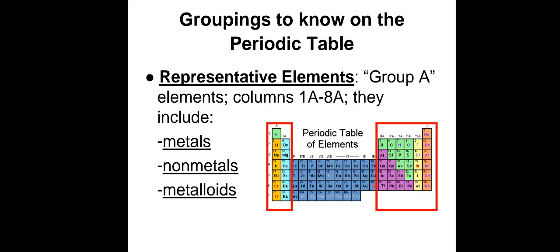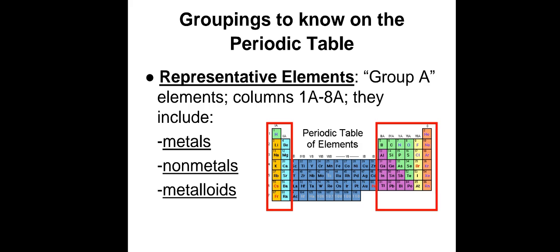Representative elements of the periodic table are the group A elements. As you already know, there are two main groups of the periodic table, group A and group B. The elements present in the two columns or groups on the left hand side and the rest from 3A to 8A on the right hand side are basically the group A elements, and they are represented as 1A, 2A, 3A, 4A up to 8A or 0 group. And the elements that are present in the middle of the periodic table are known as B group elements or transition elements, and they are represented from 1B to 8B.